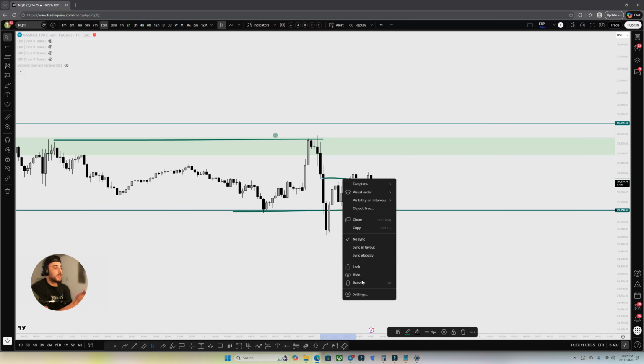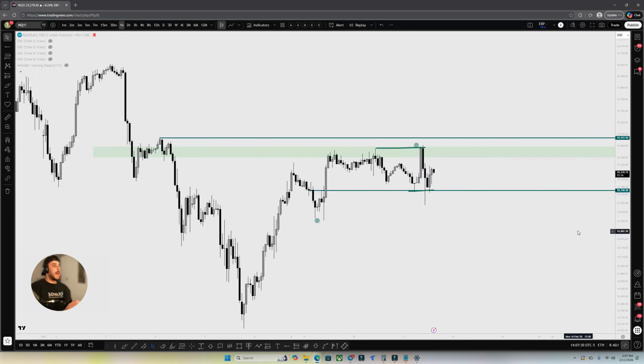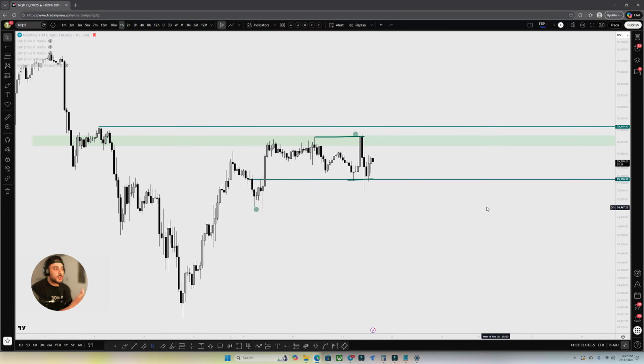And then sometimes they even, again, I'm guilty of this as well sometimes, they'll start to fight this over consolidation, and then they'll short here because, oh well, the market's respecting this swing high down to swing low, and then they end up shorting here, the market pops back up. Again, guys, there's no shame in it. It happens, but you have to be aware of that situation. And that's number one.